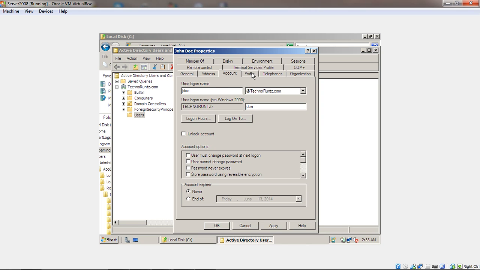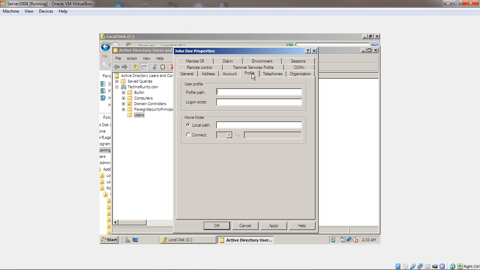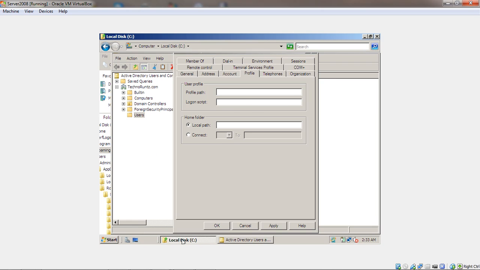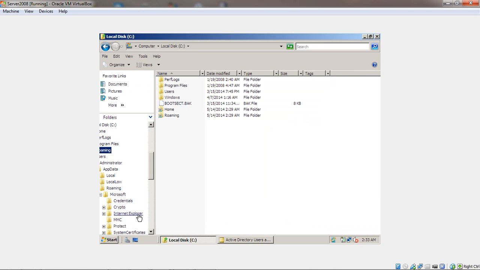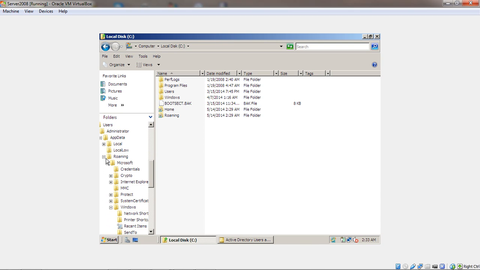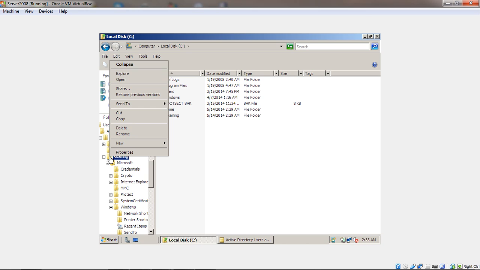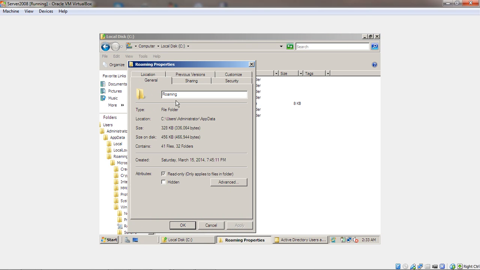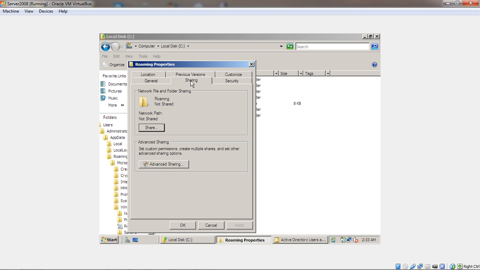The profile tab here, we have two areas: user profile and home folder. In the field here for user profile, we will go back to the Windows Explorer tab, and we will find where we created the two folders. In this instance, we're going to look for the roaming folder. If we right click on that and go to properties, click on sharing, we will see